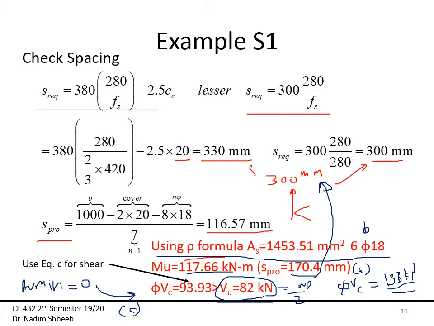Okay, so in the past, before 2019, you would just compare with phi VC, it was less, no shear reinforcement required, and move on. Now you have to also check phi VC equation C if you are going to use AV